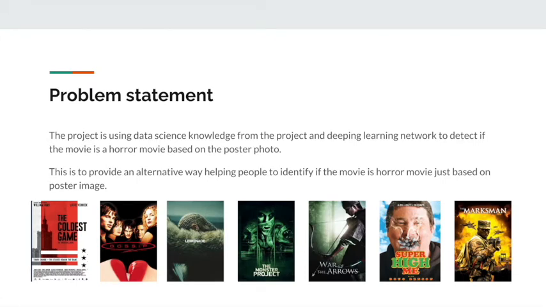For the problem statement, have you seen a horror movie before? Basically, I'm a big fan of horror movies. Every time I pass by the movie theater, I can tell, okay, this is definitely a horror movie, because all horror movies share almost the same characteristics, for example the dark scene, the ghost face, and some very bloody environments. That is how humans tell this is a horror movie from the poster. But how about our machine learning model? We also want to train a machine learning model to tell whether the poster is a horror